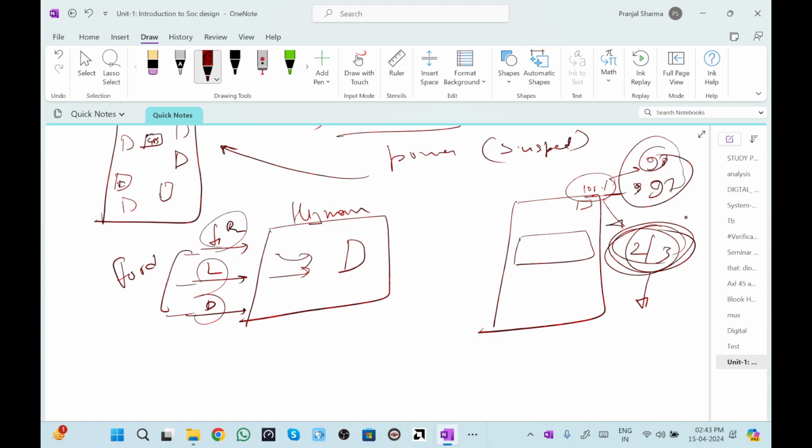Let us suppose we have a fit and fine phone charged to 100%. If we are not using it for 2 to 3 hours, it will not drain very quickly. I hope it is okay.